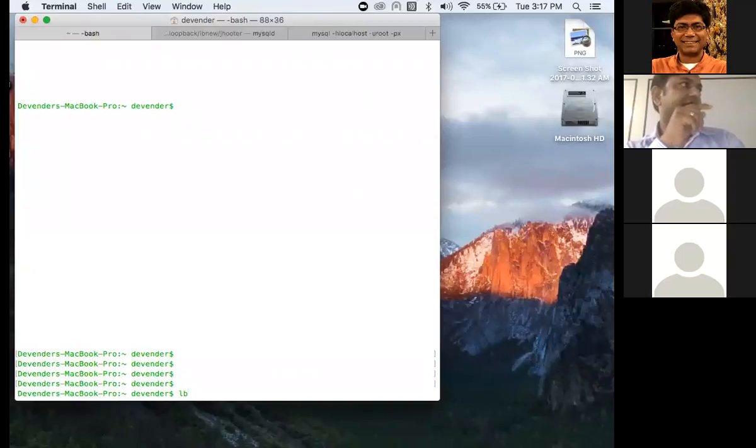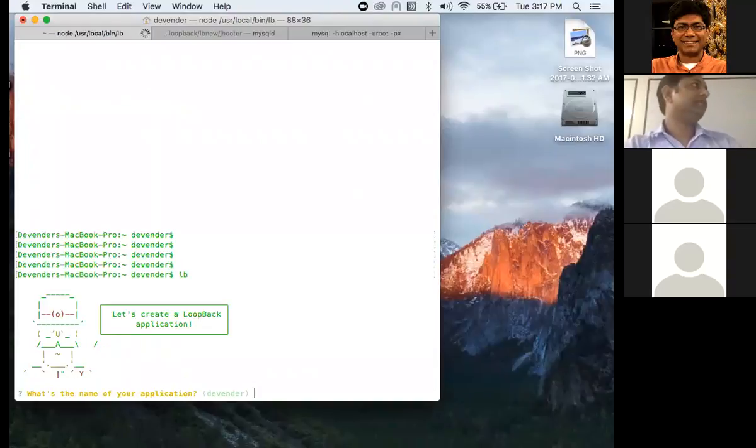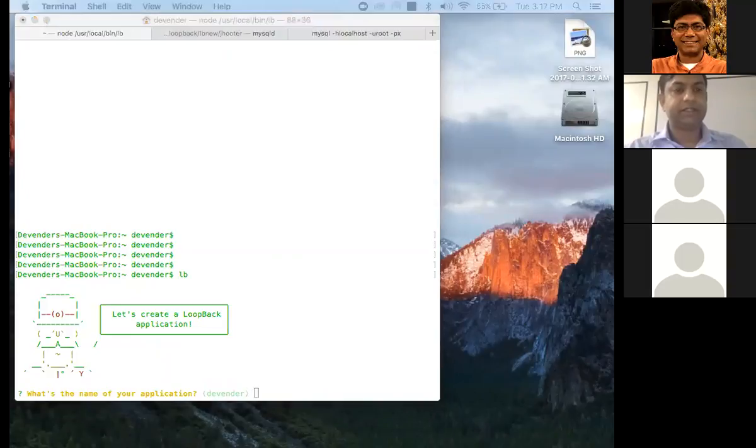So the very first command that you will issue is lb. It's a generator. It's written on top of Yeoman generator, if you've heard of it. So if you say lb, it will create a new application for you. Let's create a new application. Just delete any existing one if it has. Yeah, it has. Okay. All right. So now I can create